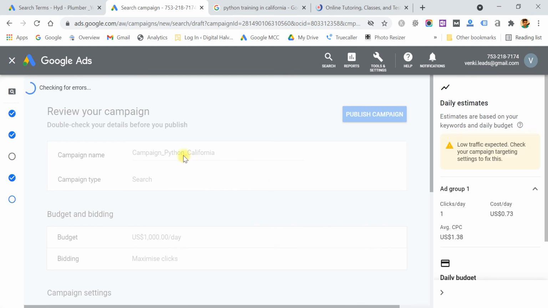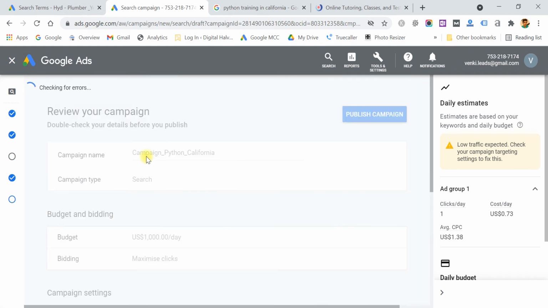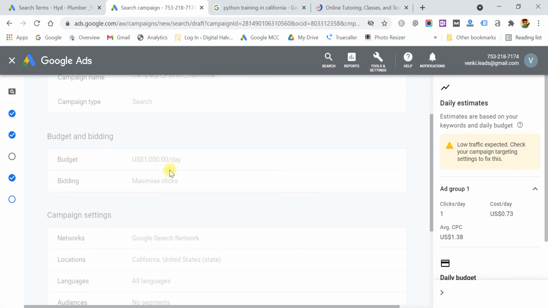See, this is a complete overview, I mean I can say preview. Our campaign name is campaign underscore python underscore California, and type of campaign is search campaign. Budget is $1000 and bidding is max clicks, and we kept max CPC limit as $2.